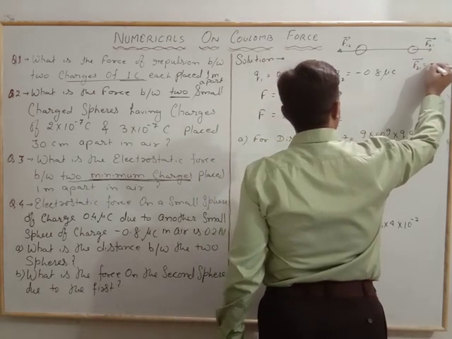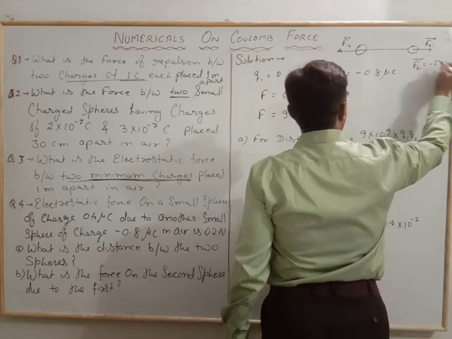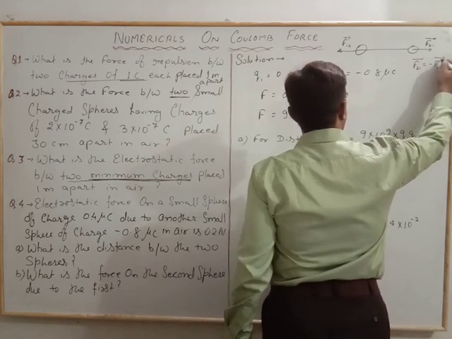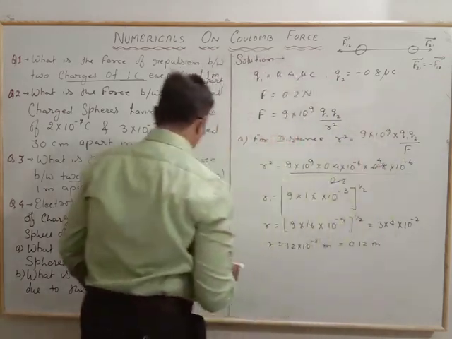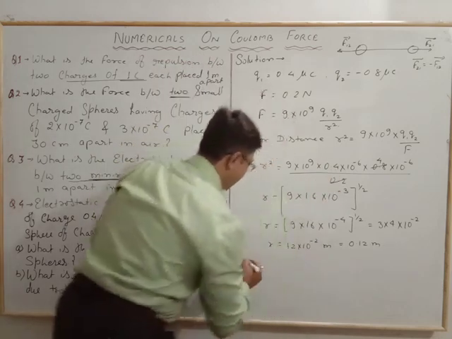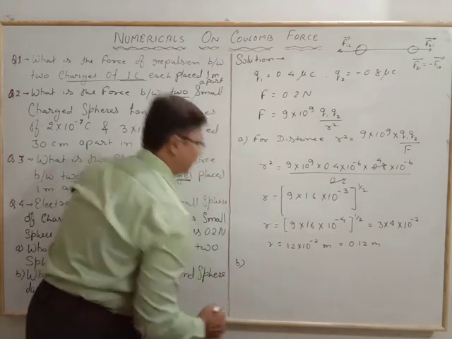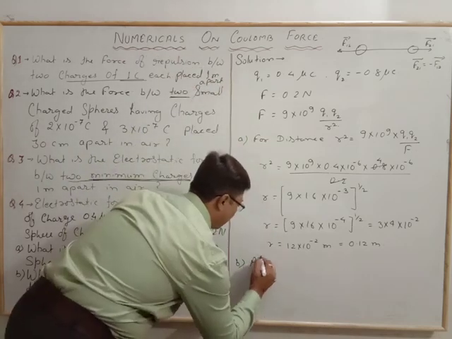F21 is equal in magnitude and opposite in direction to F12. The first force is given, that is 0.2 Newton. That means the answer to B, according to vector representation,